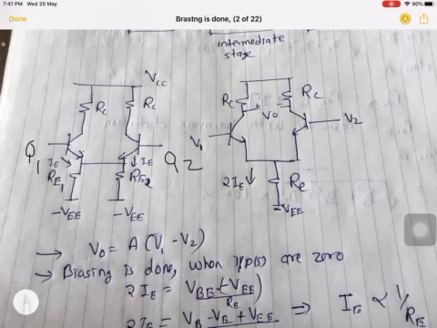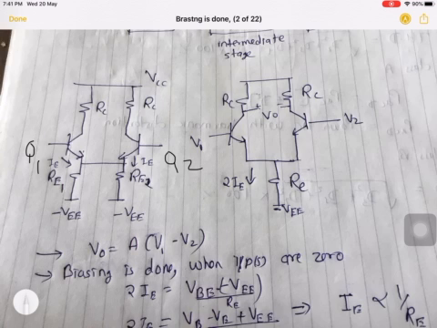So we have two transistors Q1 and Q2, two collector resistors RC, two emitter resistors RE, and in general, as we know, op-amp is a two input device. It means it has two input terminals. It is a differential input. What do you mean by differential input? That I'll explain in next slides. In general, differential input means the input to the circuit is the difference of the two terminals.